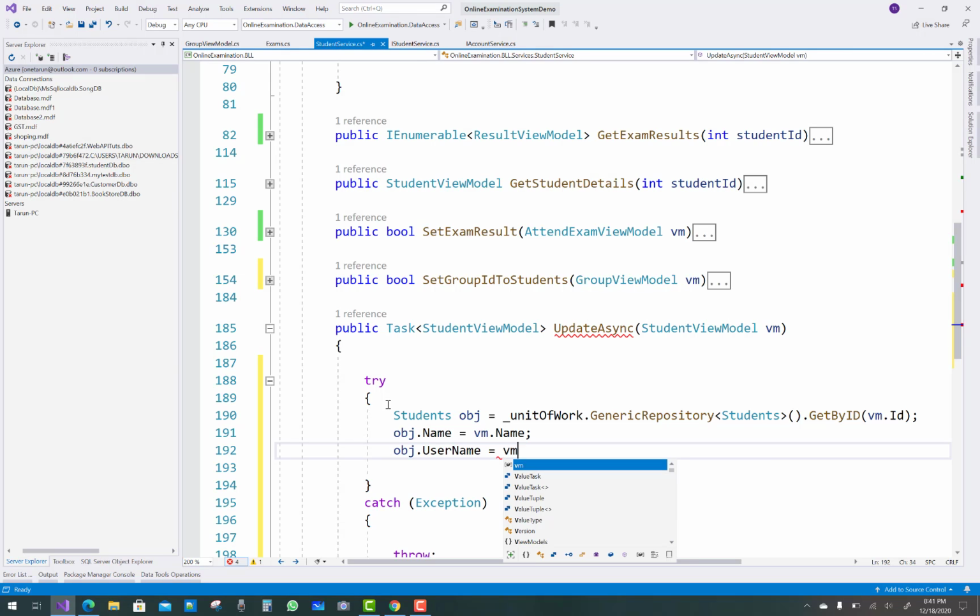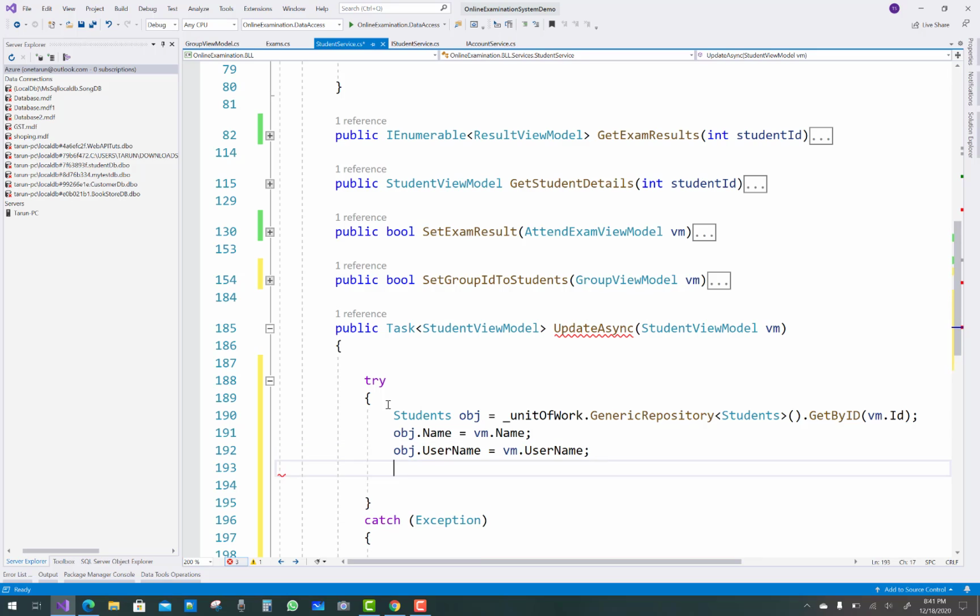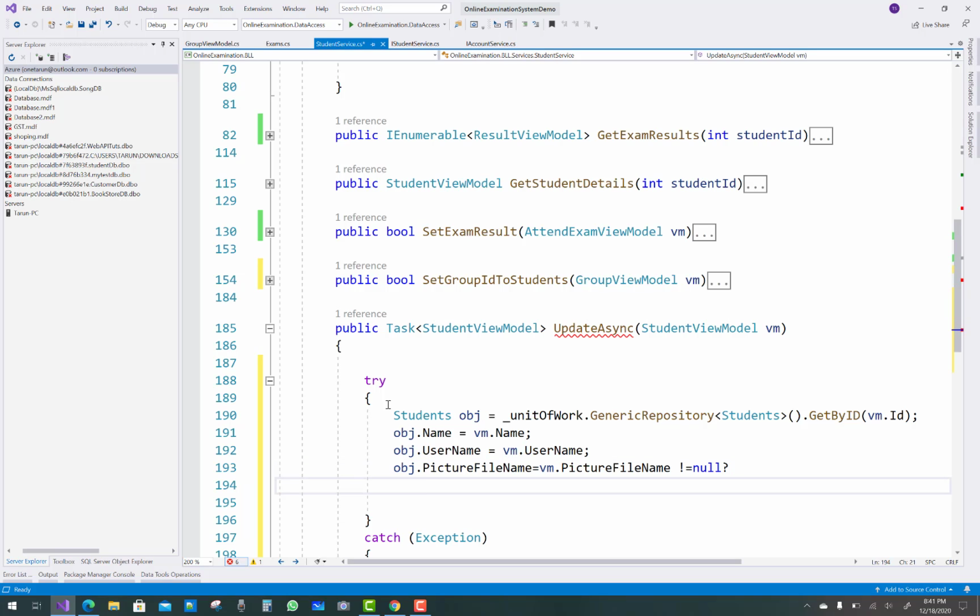Object dot username equals to VM dot username, and object dot picture file name is VM dot picture file name is not equals to null. Remember that. Student VM dot, if VM dot picture file name is not equals to null, then assign VM dot picture file name. If it is null, then object dot picture file name. Okay,